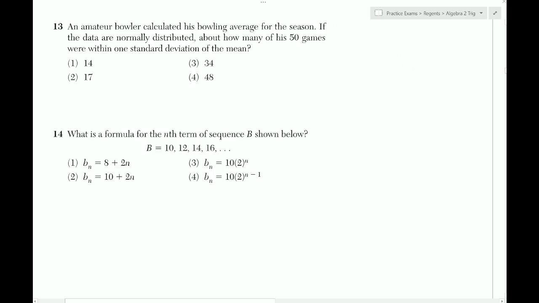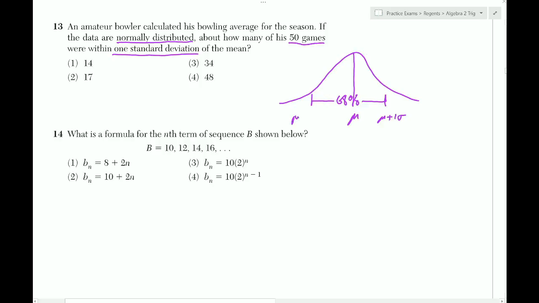An amateur bowler calculated his bowling average for the season. If the data are normally distributed, okay, about how many of his 50 games were within 1 standard deviation of the mean? Okay. So, if you know from your chart, about 68% of all things are within 1 standard deviation of the mean, right? So if this is the mean, this will be mean plus 1 standard deviation. This will be the mean minus 1 standard deviation. So 68% of your data will lie in between those